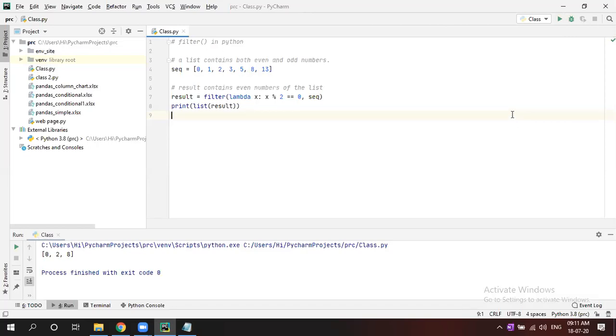You can write filter lambda x modulus 2 equal to 0. If it is divisible by 2, then filter that. That's it. So this is nothing but your filter function. So map, reduce and filter.